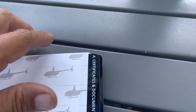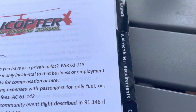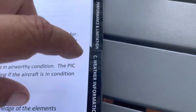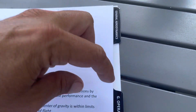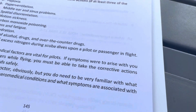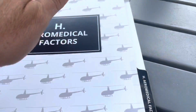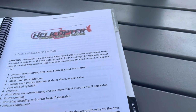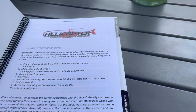Let's take a look at these tabs on the side. Certificates and documents. Airworthiness requirements. Weather information. Cross country. I like it. Airspace. Performance and limitations. Operation of systems. Aeromedical factors, and then the last one, general aerodynamics. So you got that nice separation with the tabs. I like, yes, good paper, which is what I asked for, the best paper they could put in it. So overall,